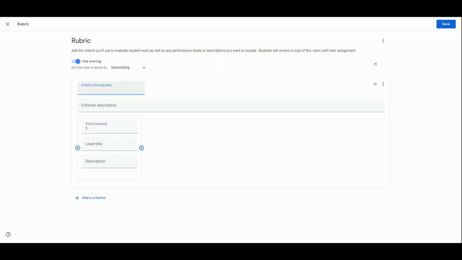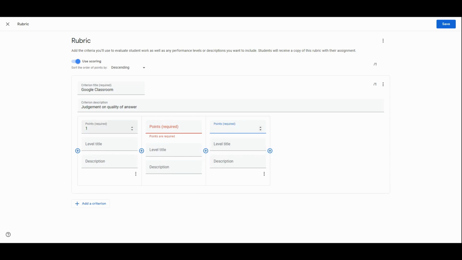So if this will work on Google Classroom, for example. Google Classroom is the title, judgment on quality of answer. Okay, and I'm going to have 3 tiers to this. So I'm going to click on this little plus button. I'm going to have one which is a 3 point, one which is a 2 point, and one which is 1 point. And I'm going to have this as high level,